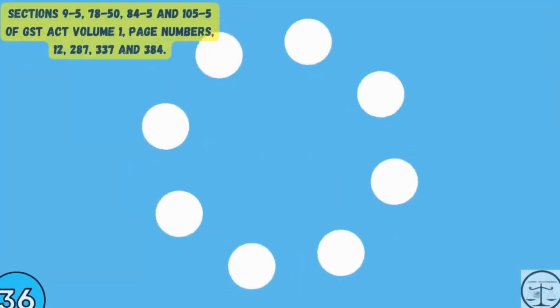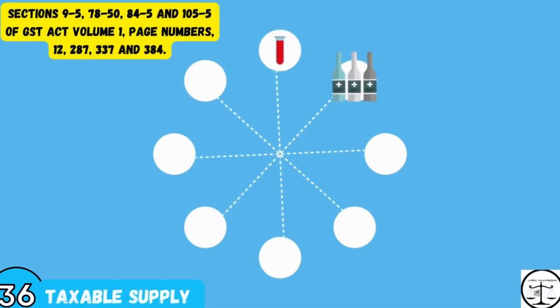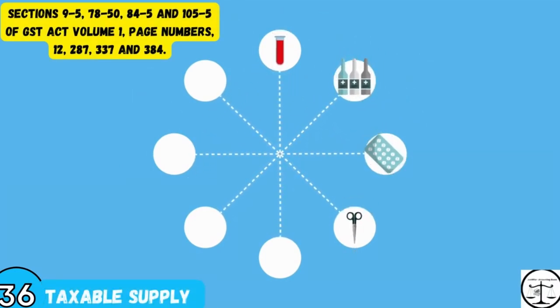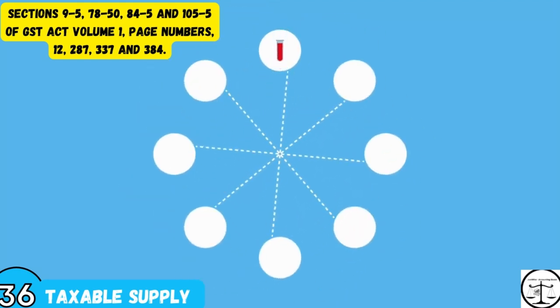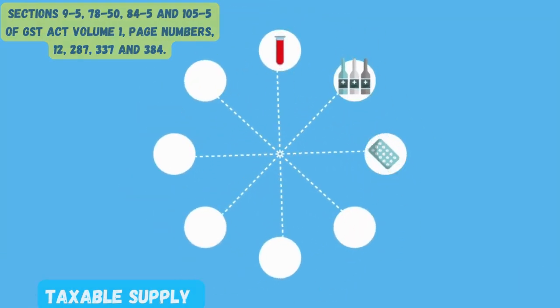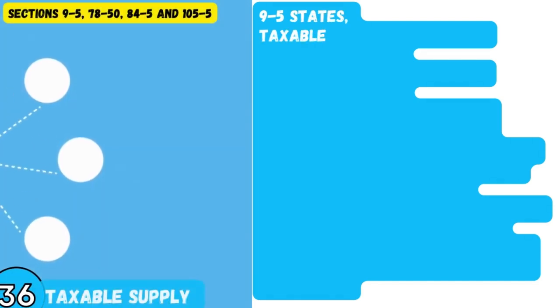That is sections 9-5, 78-50, 84-5 and 105-5 of GST Act Volume 1, page numbers 12, 287, 337 and 384. 9-5 states: